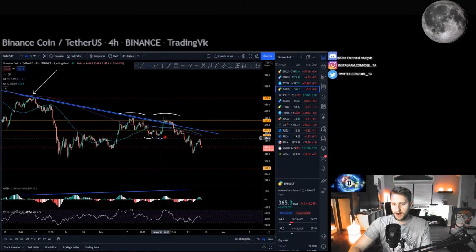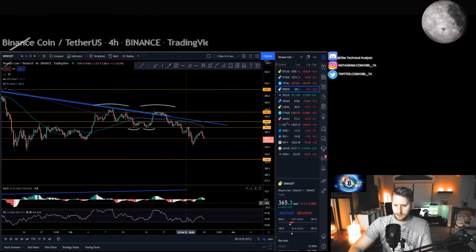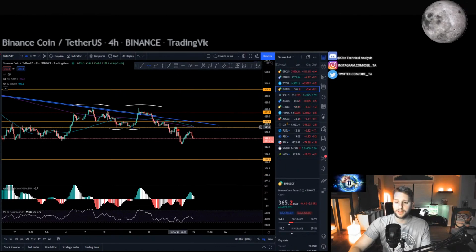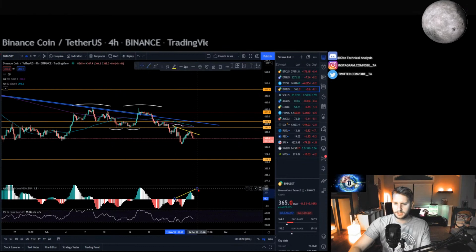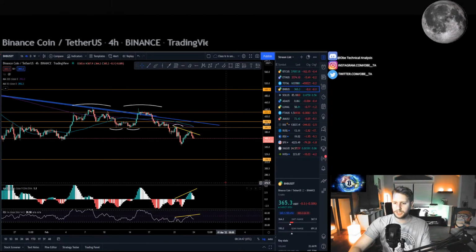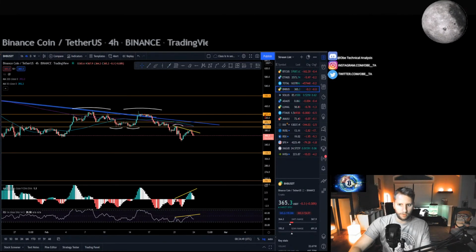Take a look at the 4 hour. Was anything going on besides hidden bearish divergence? This high right here didn't even get any kind of positive momentum before creating that lower high. That is disgusting. And continuing to sell off. If we were looking at this as if it did go green, it would be something like this. Okay, here's the high on the RSI. You can see it poking through, something like that, right?